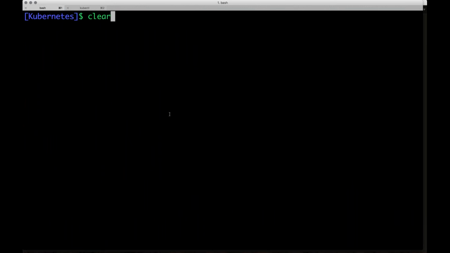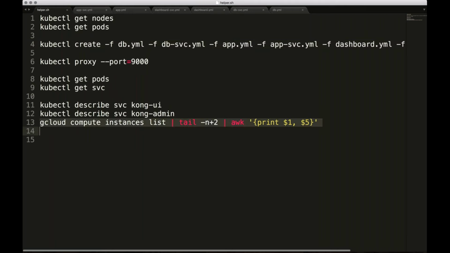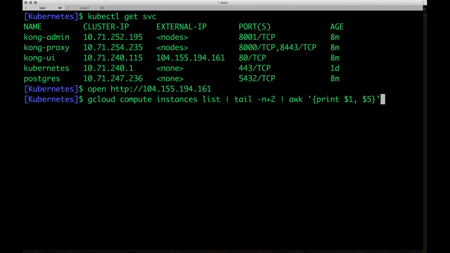I need to get the public IP address of one of my GCE instances. So I'm running a nifty command here, which will only publish the public IP addresses of my GCE instances. So I'll grab one of the IP addresses. I can actually grab any IP address from the node because thanks to kube-proxy and the flat networking space, when I actually hit the appropriate endpoint on any of the port, which we are going to